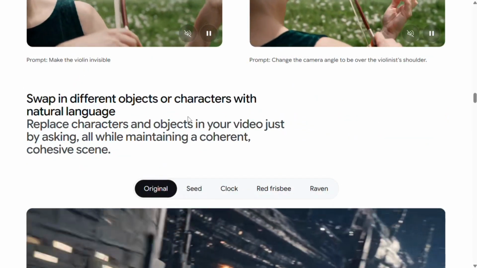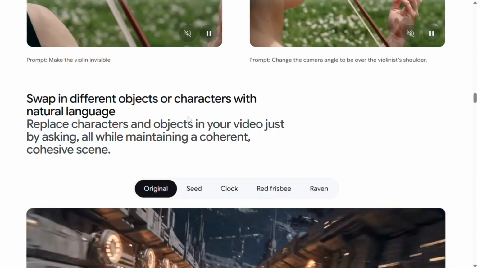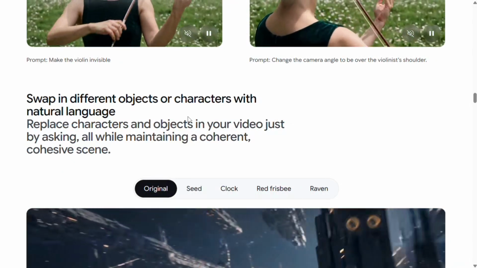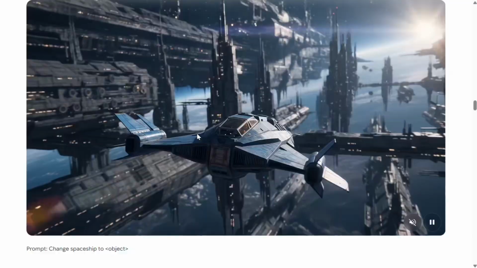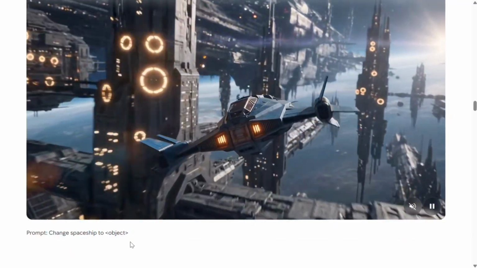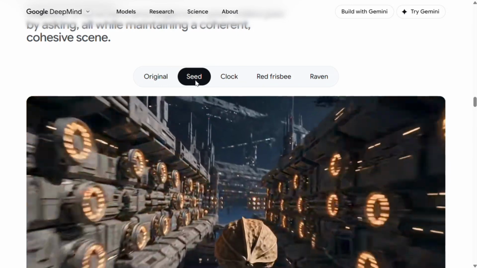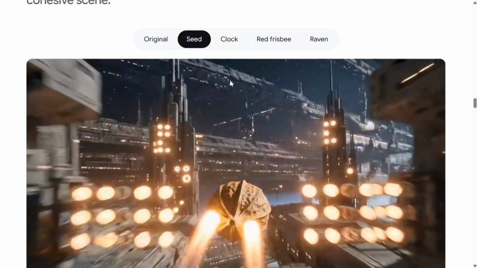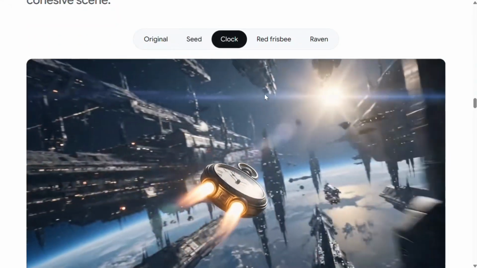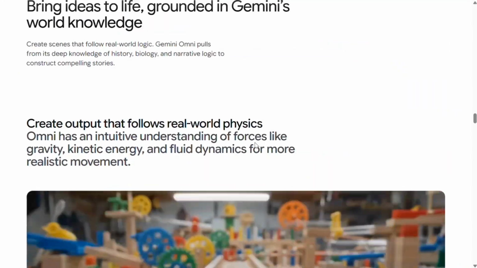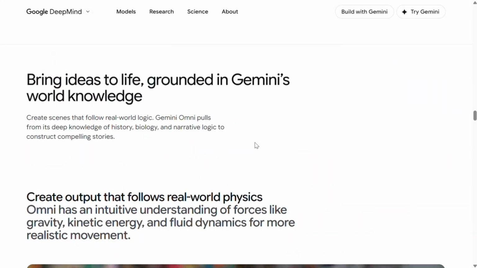Swap in different objects or characters with natural language. Replace characters and objects in your video just by asking, all while maintaining a coherent, cohesive scene. This is the original video. Change spaceship to object. This is the seed. It has been changed into a walnut. It will now change into a clock. A red frisbee. Raven. Amazing work. I think this is one of the breakthrough video generation models that has come in, and Google has hit it